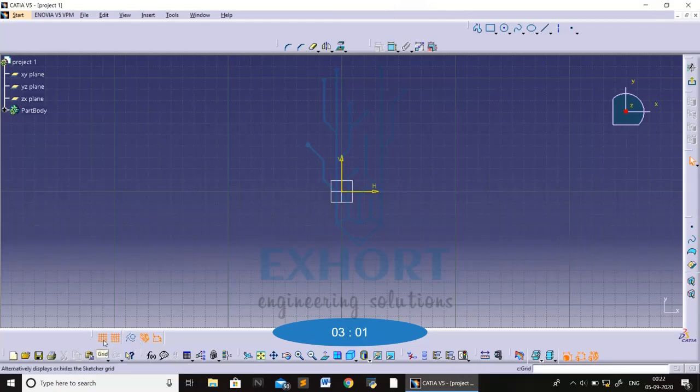In the sketch toolbar, the first command is Grid. If you activate Grid, then you will see these boxes appear. These boxes will help you to draw any object, or to draw any center line, or to get any point. So for that you will use Grid. If you are familiar with CATIA software, you don't need Grid. The second option is Snap to Point. If you activate Snap to Point, you will draw any sketch in between this rectangle only.